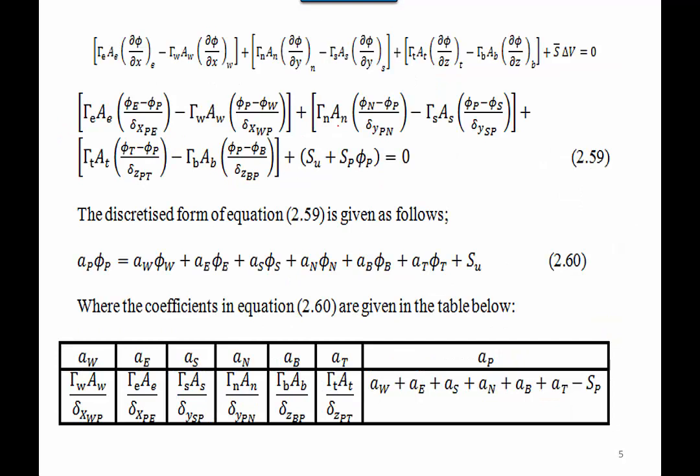When we substitute this integral with the lower and upper limits of integration, the same procedure as we did in the two-dimensional case study, then we substitute these derivative terms with the central difference scheme, and we substitute the source term with the same linear function of phi, and when we rearrange equation 259 and put all the group that is multiplied by phi P on the left side and the rest of the phi's on the right side, we will end with